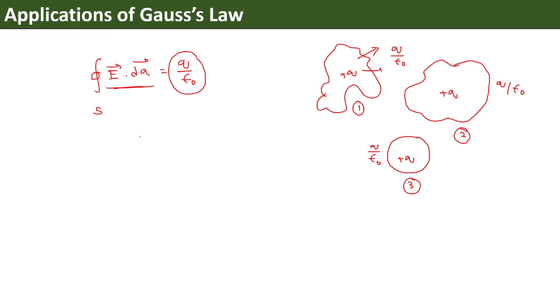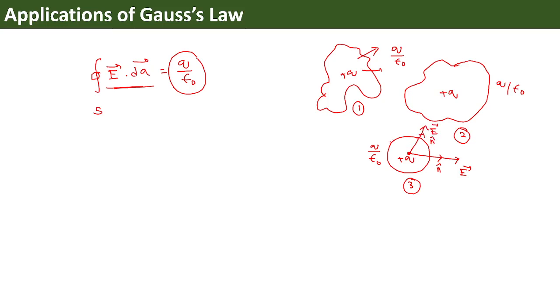Suppose there is a situation, for example, you consider a spherical symmetry. In the case of a spherical symmetry, the electric field at a particular point is directly along the direction of the area element. For example, this is the sphere. From the center of this sphere, the electric field along this side is E, and the area element is also along this side, say n cap, which is perpendicular to the surface at that point. Now if you talk about this particular direction, this is the direction of the electric field, and what is the direction of the area element at this point? It is the same.